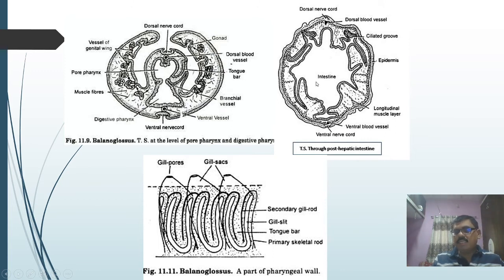Then if you observe the section of the hepatic intestine, you can observe the much more folded wall of the intestine, which helps in the absorption of food material. The undigested food material along with the sand particles will be released outside the body in the form of castings from the anus. And this is the gill region or the pharyngeal part,